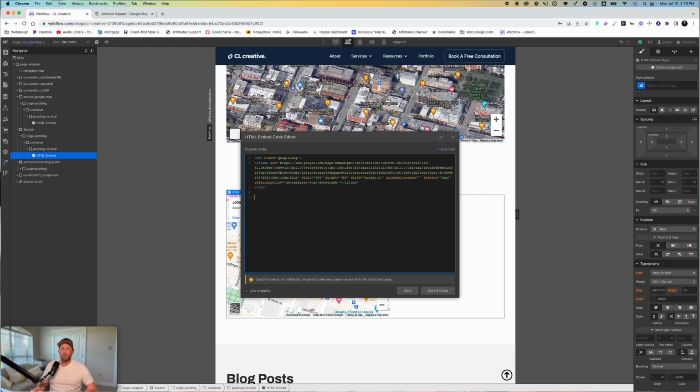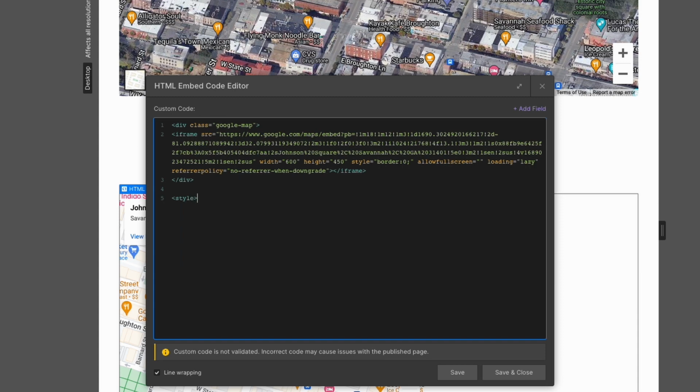So what we need to do is style this map. And we're going to open up, and we're going to go ahead and close our style tags. So this is going to allow us to write some CSS. And what we want to do first is target this parent div, which has Google Map as its class. So anytime we're writing CSS outside of Webflow and we're adding in styles, we need to make sure that we put a dot in front of the class name. So we're targeting Google Map now,